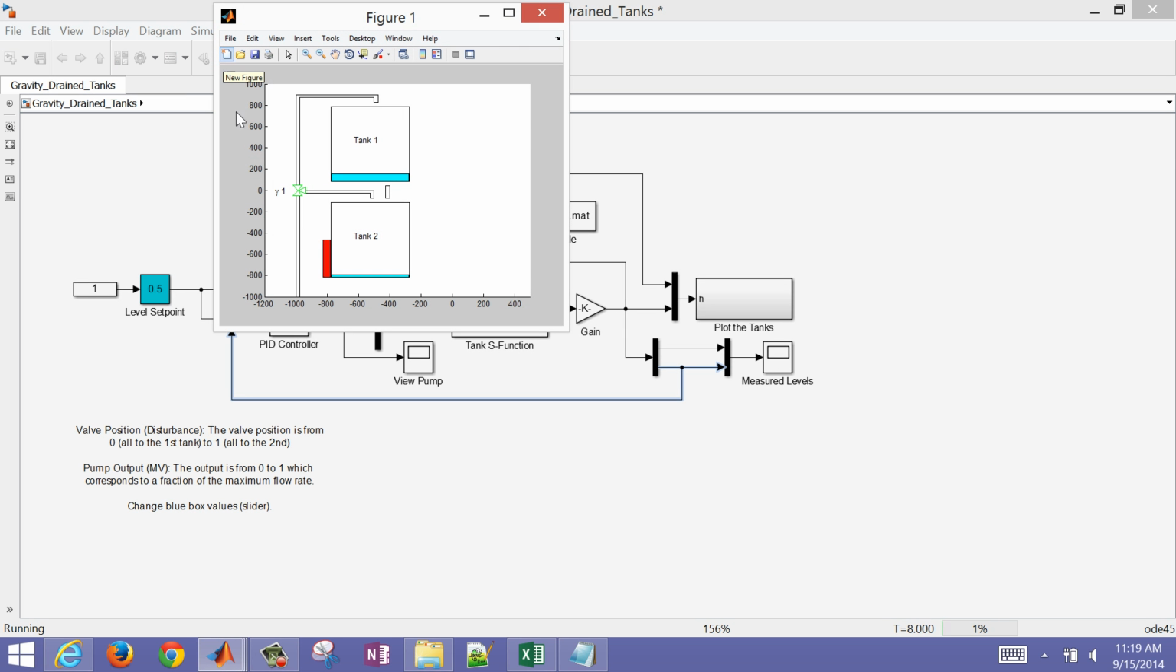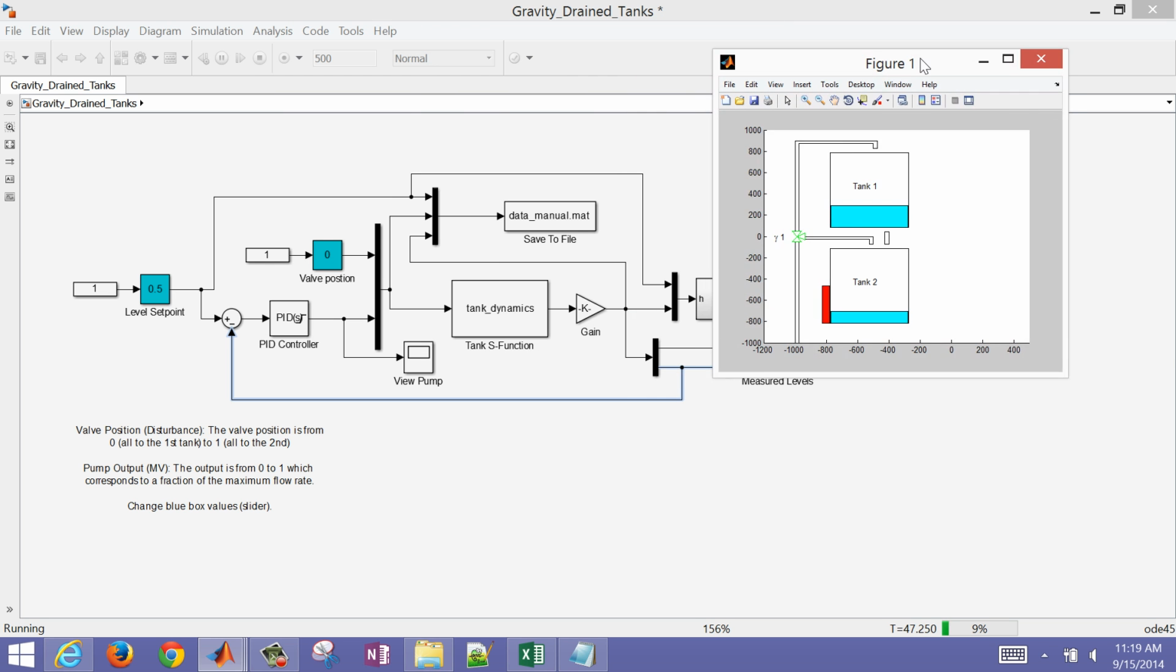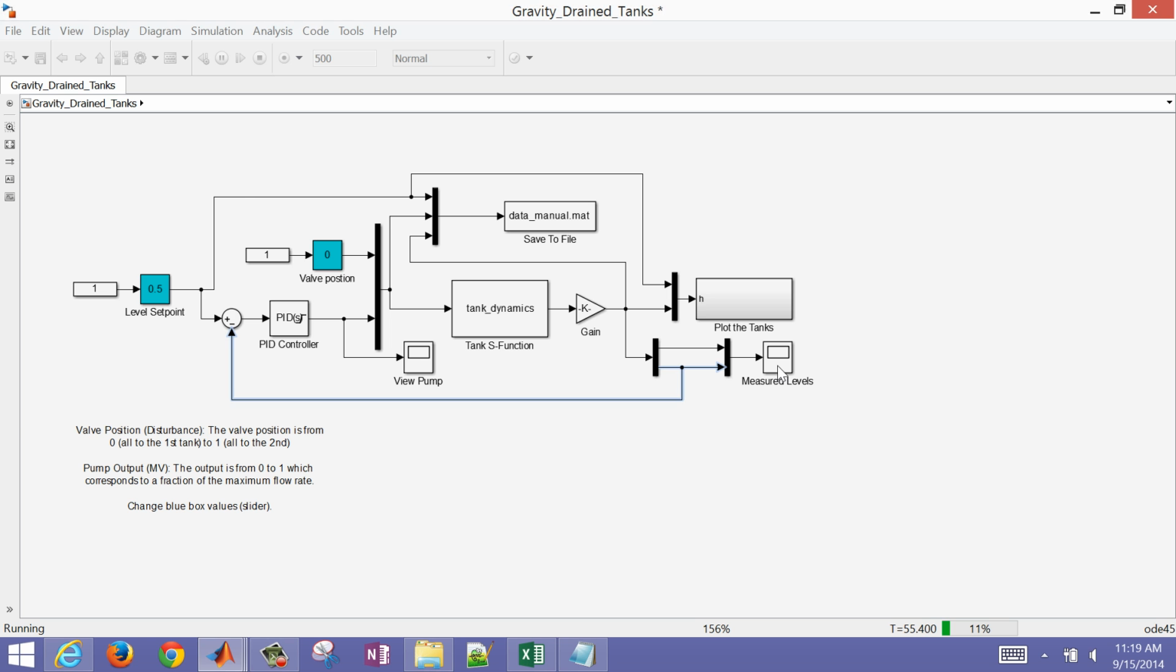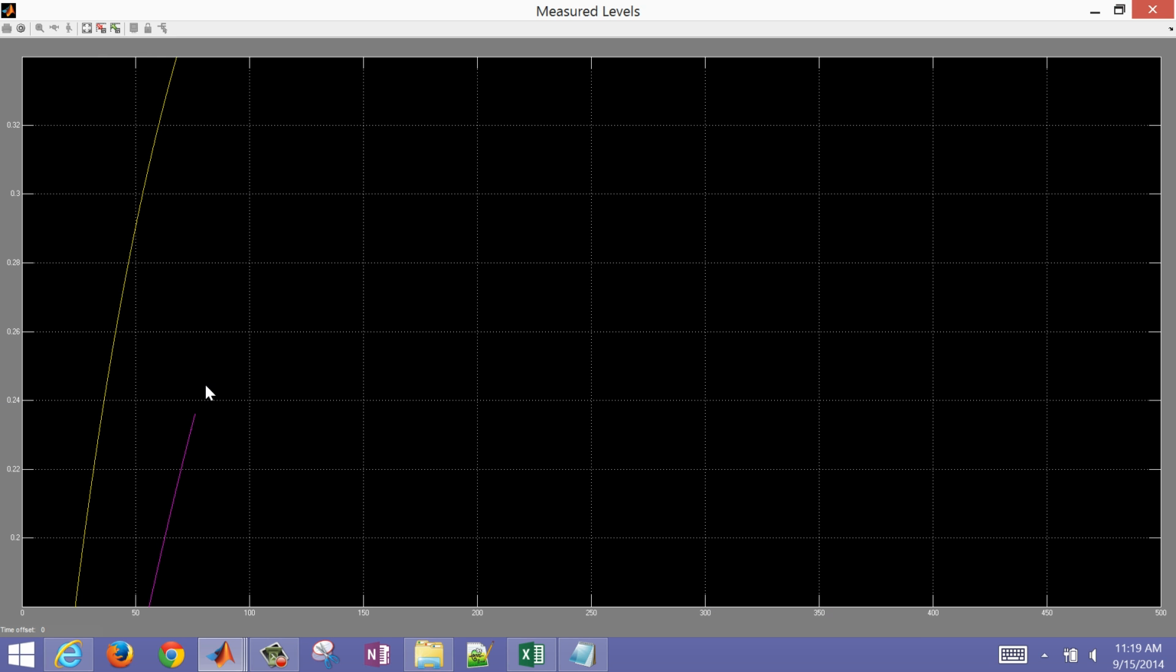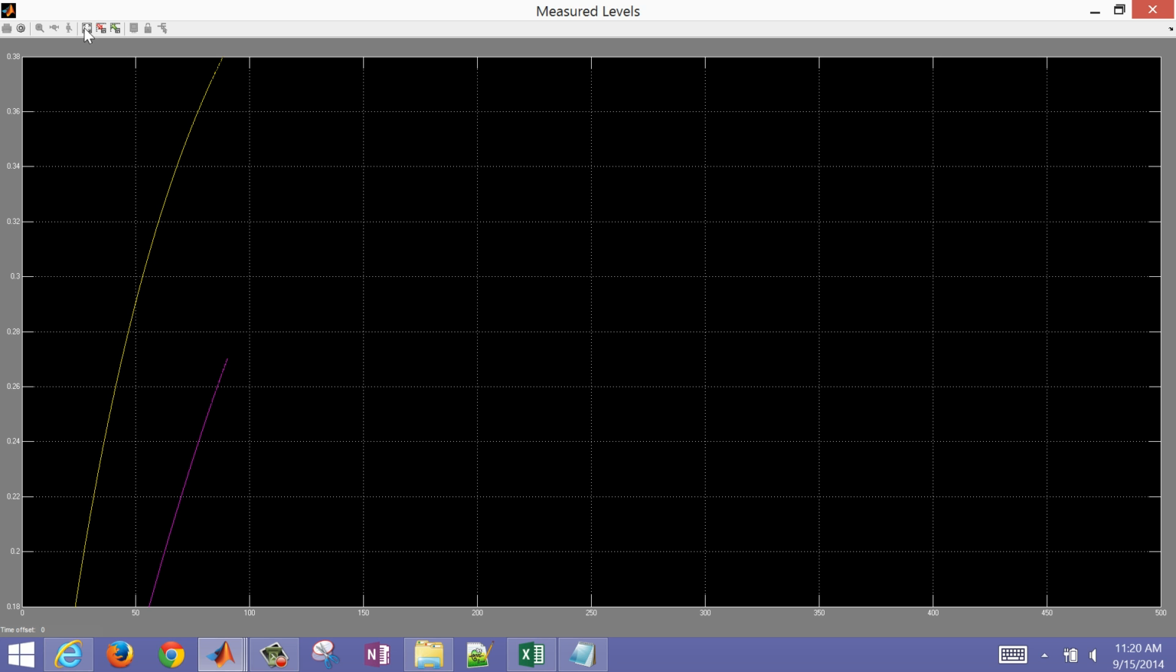Okay, so my target value is 0.5, and you can see that the red is my target. And let me just get another diagram up here, my measured levels. Okay, so you can see tank 1 and tank 2 as they're progressing. And you can hit rescale right here. So I'm trying to get this purple line up to 0.5, and we're going to see how well it does with